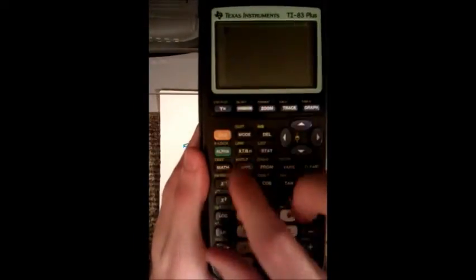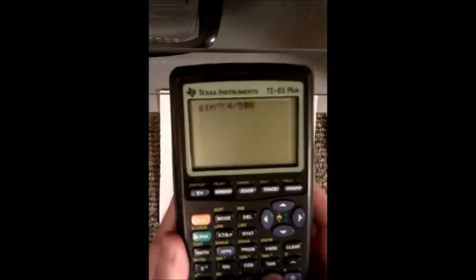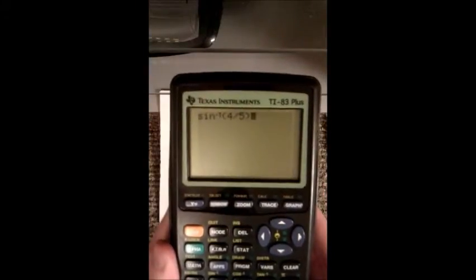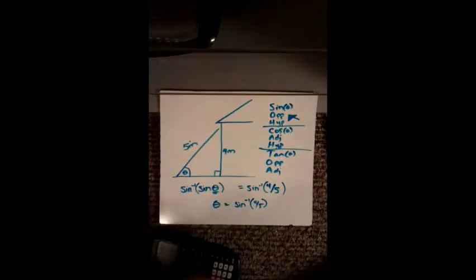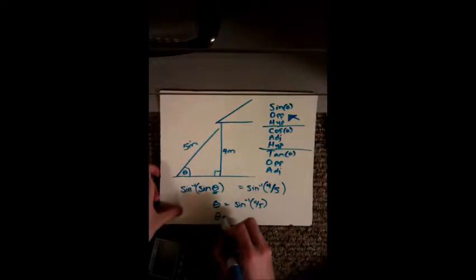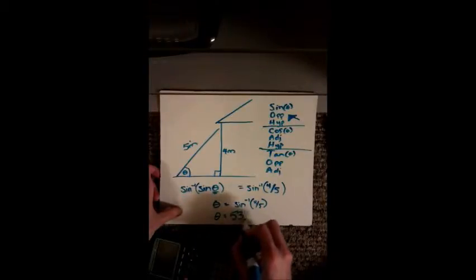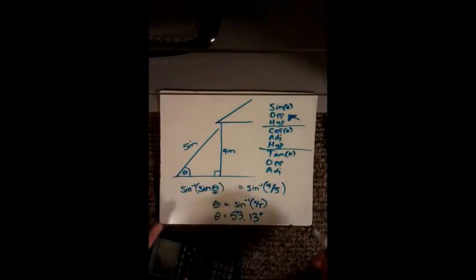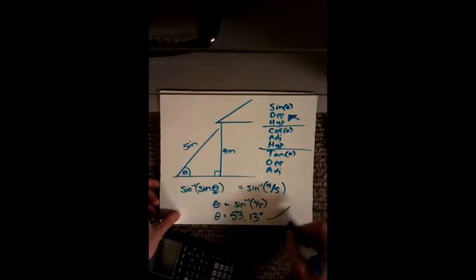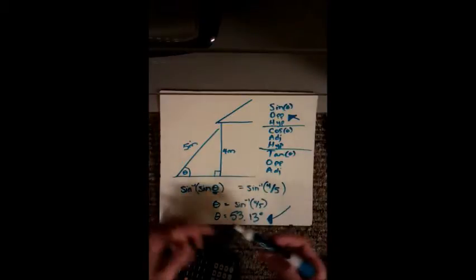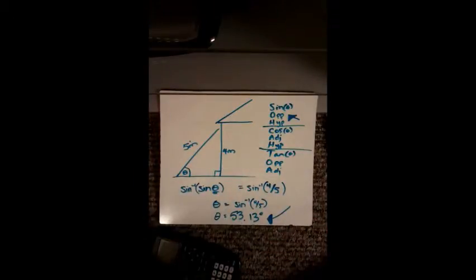So I'll press second inverse sine, 4/5, and I press enter, because it'll be 53.13 degrees. So this angle here is 53.13 degrees, and I've solved my question. There's my answer right there, in all its beautiful glory. So